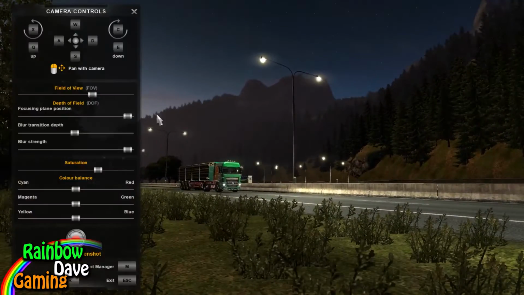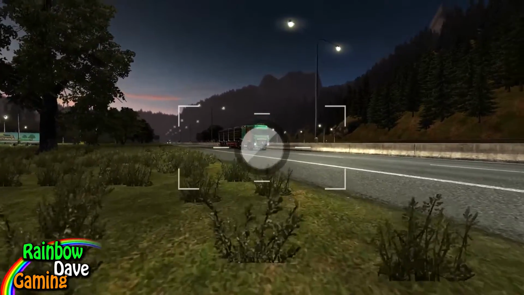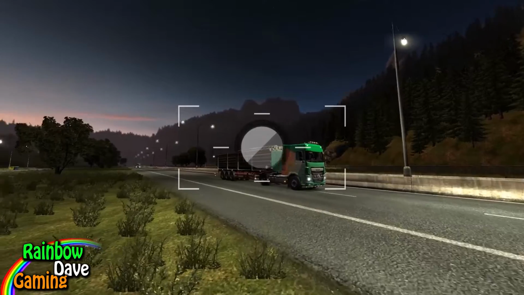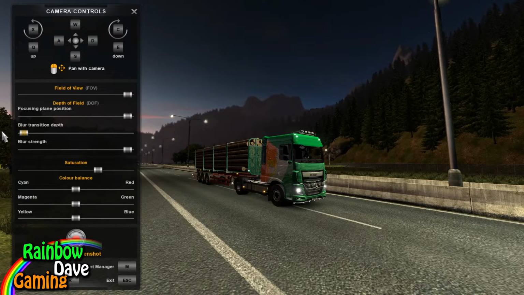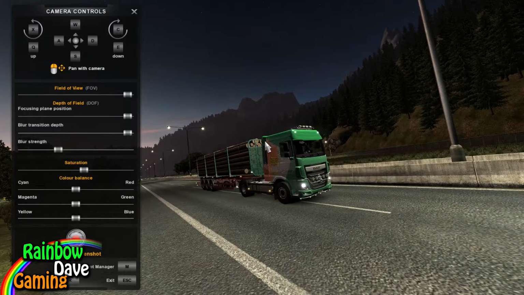Let's extend the field of view as far as it goes. So we got a bit of a fisheye lens thing going on at the moment. Because I'd like to get the sunset and the mountains in at the same time today. Blur transition depth can be like that. Blur strength can go down to there. Saturation can go down a tad. Let's give the camera this kind of a tilt. And let's actually, no, let's...